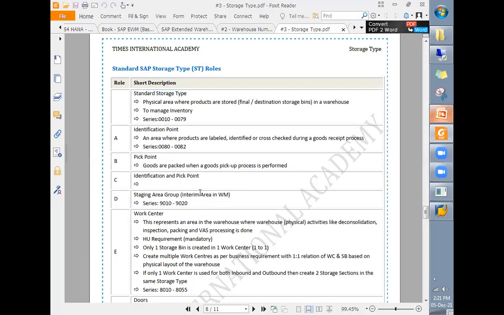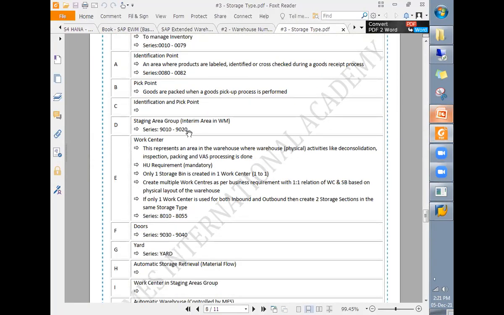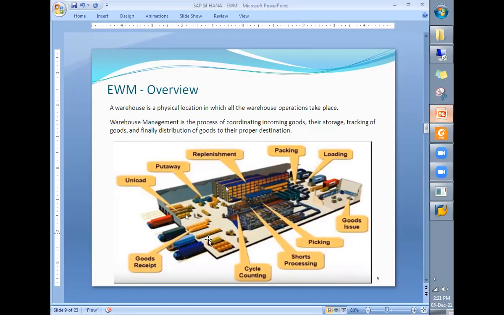And then you see some other roles, like a staging area group. During inbound, when we receive the product after unloading the truck, the products are kept here temporarily for some time before they are moved to their final destination bin. Similarly in outbound, before loading onto the truck, the products are kept here temporarily.